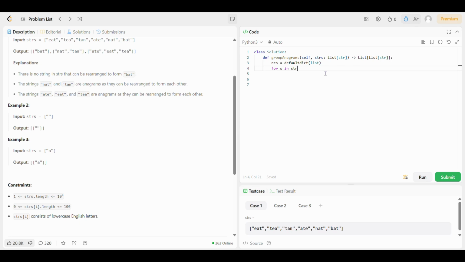And we'll go through every single string in strs. And we'll basically say our sorted string is going to be equal to, I guess I forgot what these are called. These aren't quotation marks, but the thing that you use for the characters in a string, you know? So basically we're going to make it join the sorted version of the current string in the